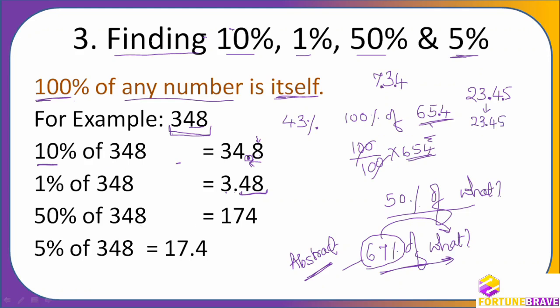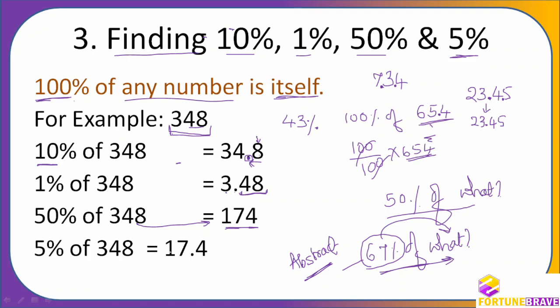Now we'll see 50%. 50% is directly half. We know it from fractions. Half of 34 is 17 and half of 8 is 4. So 174. And then 5% of